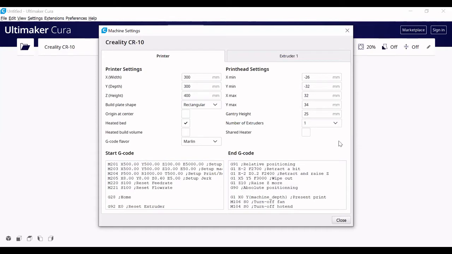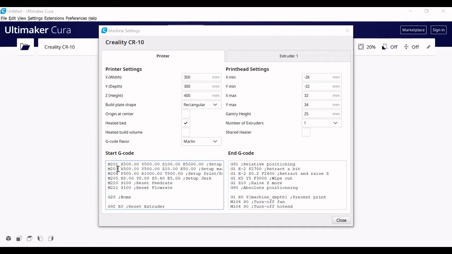This is the printer setting and this is the extruder setting. Here there is only one extruder. And here is the starting G code and end G code. This is the final G code we are going to create at the end of this slicing software. Once the slicing is done, you will create your own G code for the part you have designed, and based on that G code your printer will move to the particular coordinates, particular distance.